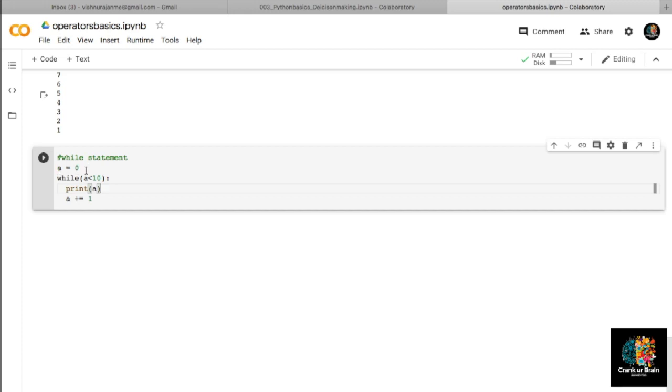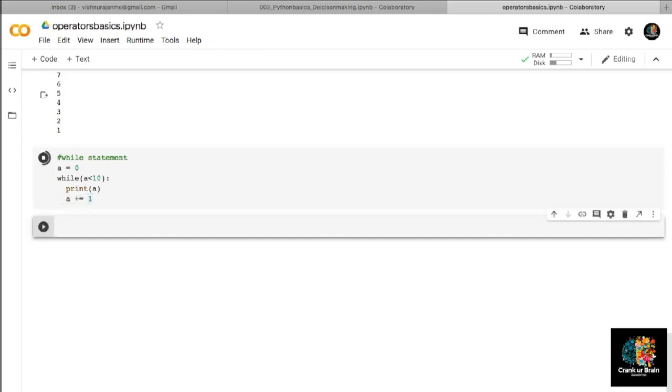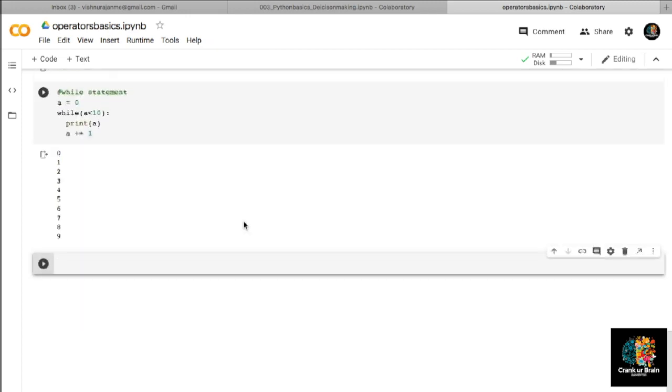First of all, the value of A is 0. While A is less than 10, it is checking. Yeah, correct. A is equal to 0 only. 0 is less than 10. So what is going to happen? Print A, it will be coming. Then what is happening? A is being incremented. Okay, earlier it was decremented, but now it is getting incremented. That is, earlier the value of A was 0, now it became 1. Okay, so first of all 0 will be coming, then 1 will be coming, etc. up to 9 it is going to come.